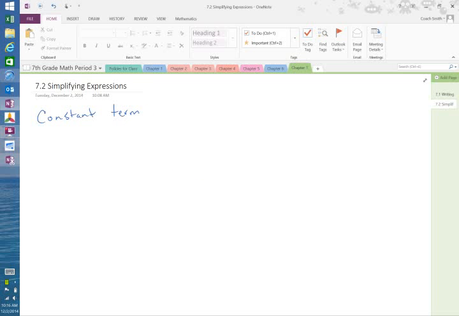We're going to talk about simplifying expressions that have, for example, you're used to 3 plus 4 times 9 minus 5, and then we tell you to simplify it. What we're going to simplify today is expressions that have constant terms, which a constant term is just a